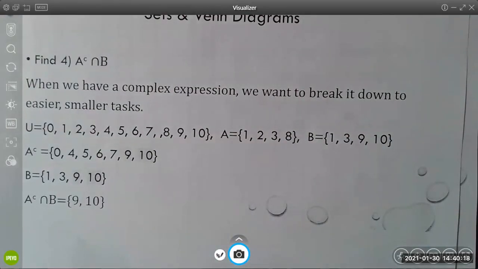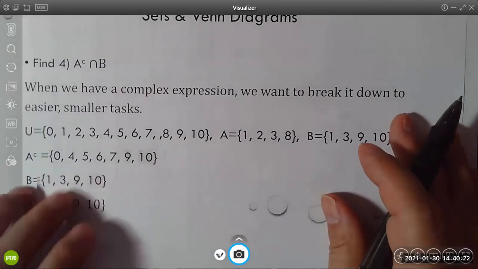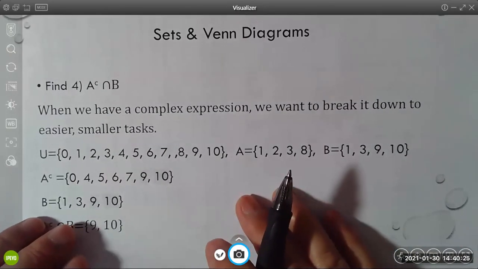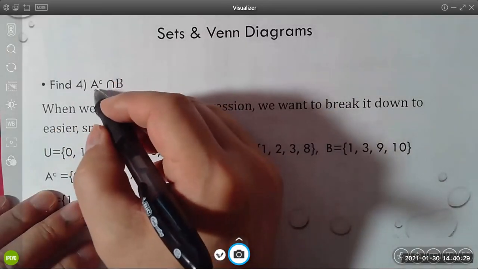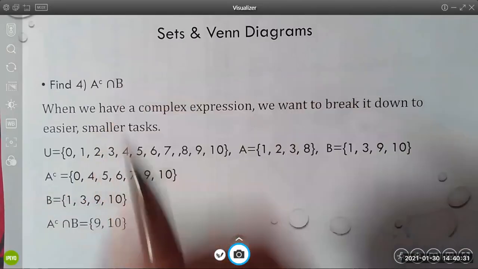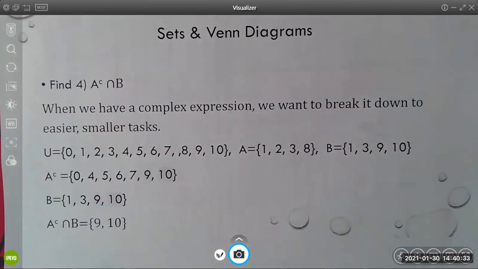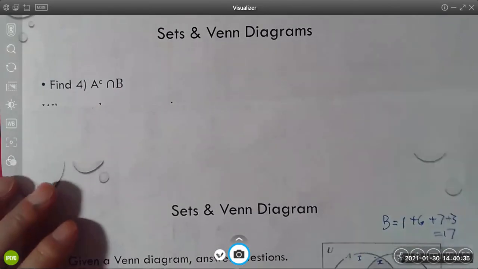Now this time we do something a little bit more complex. We want to do an intersection between A complement and B. So, a little bit complex. So the goal,